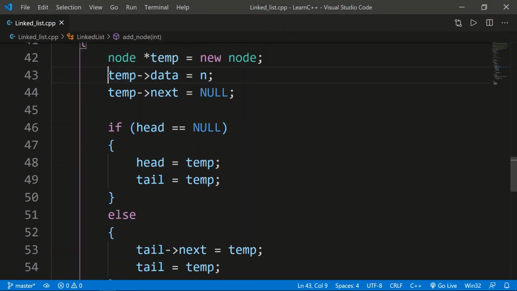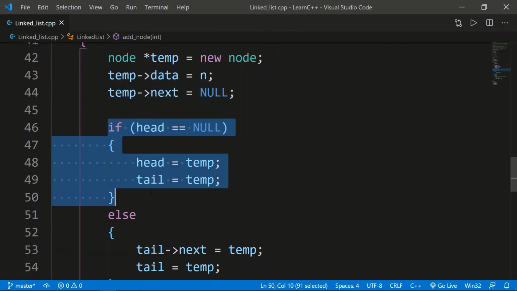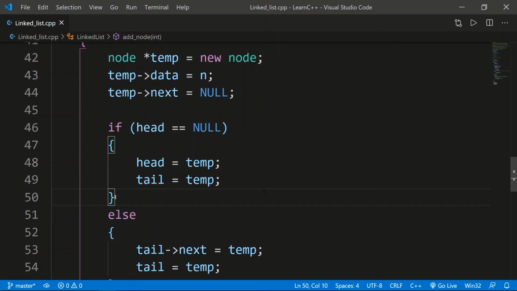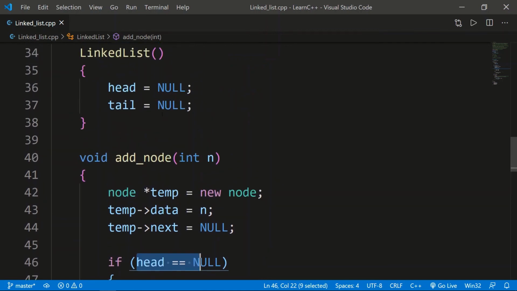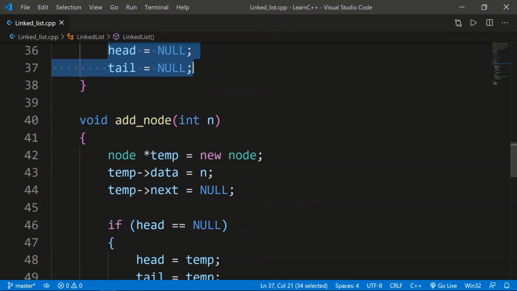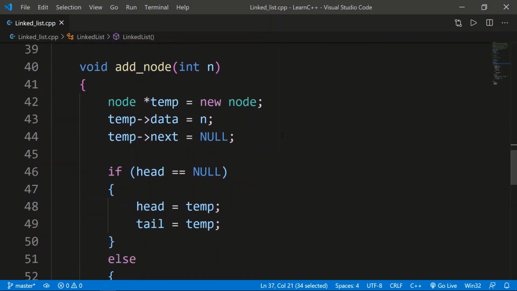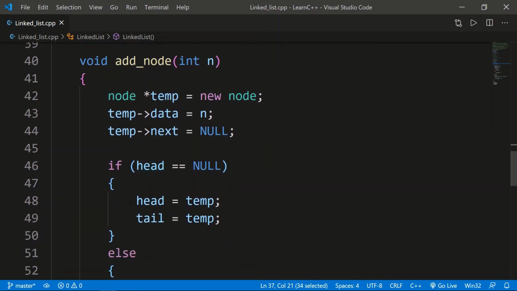Now these two lines, we added data and we added the next to null. Now we added some condition so that we can fill up these nodes with data. If the head is null, you know that whenever an object is created of the linked list class, head and tail both are null, meaning there are no data members by default. So when the head is null, whatever value is passed for the first time, whenever this function is called for the first time, pass it inside the head and tail both.